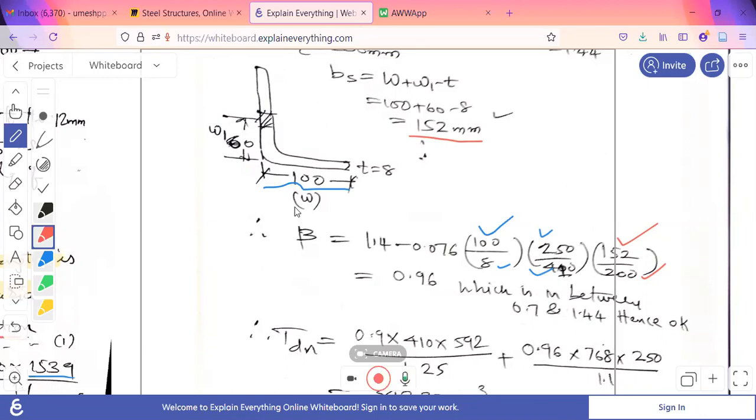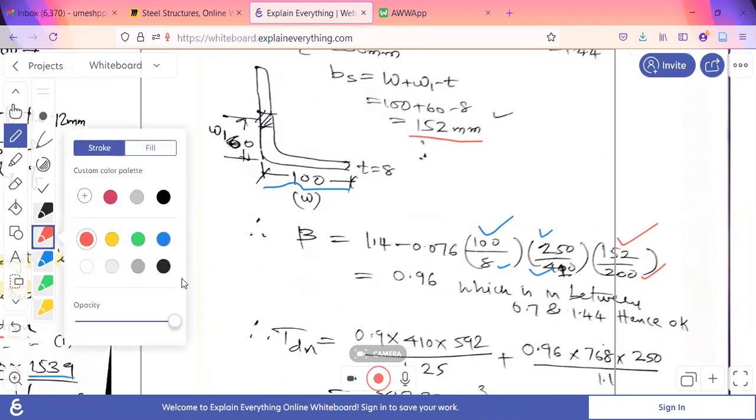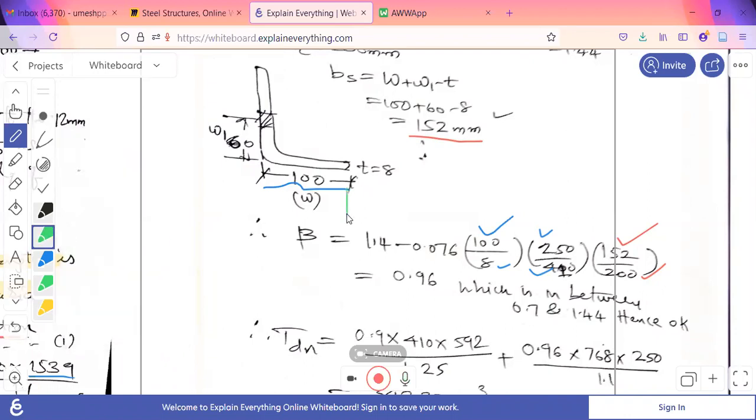So you start from this side. How to go about it, I'll show you now. Let us say, start from this end. You go like this, measure this distance, or else I'll show it here only. Otherwise, there will be confusion here. Start from this point, go like this, W. Then W1 up to the center of the hole. You go there. In that, you subtract T.